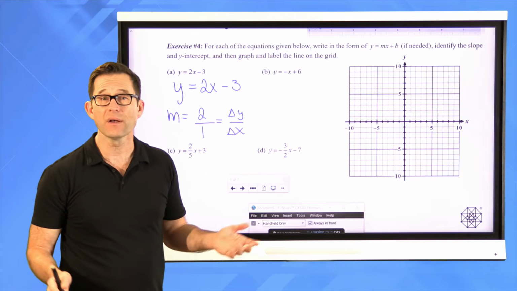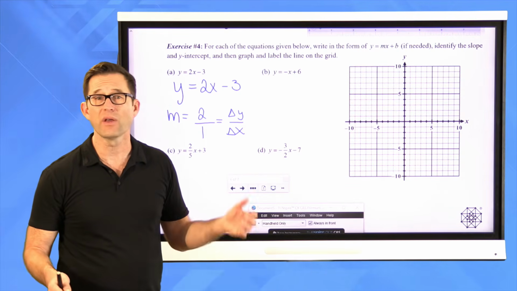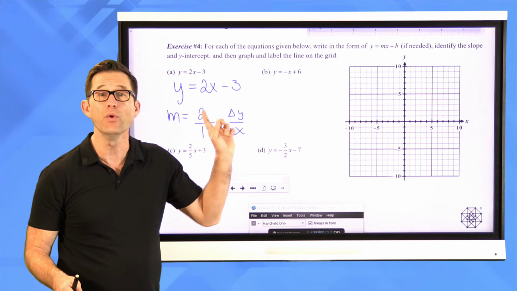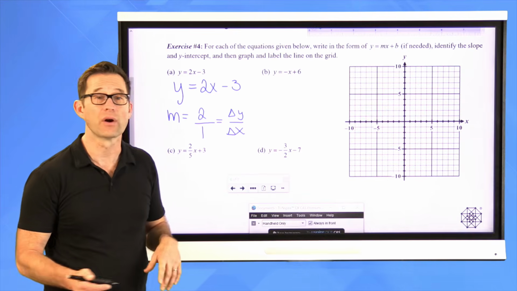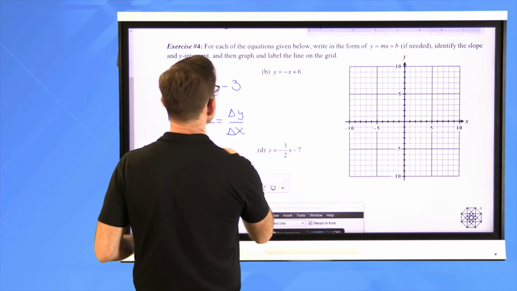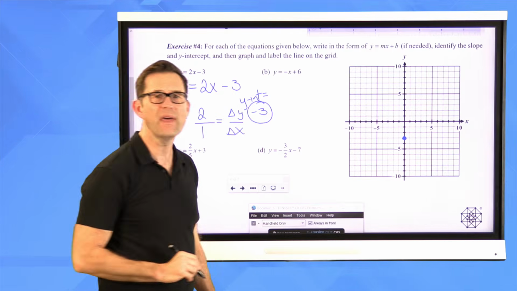Now that's awesome, but I have to have a starting point. If I don't have a starting point, then it's pretty hard to use the direction or the movement of the line to draw the rest of the line. Well, I do have a starting point because the y-intercept, right, the y-intercept is equal to -3. That's very important, right? So I go down here to -3,